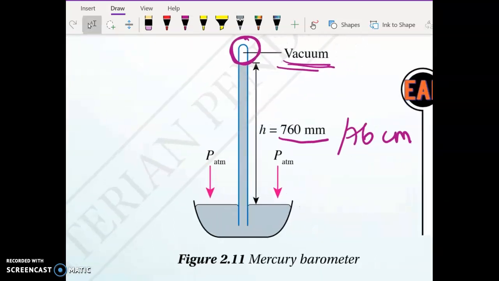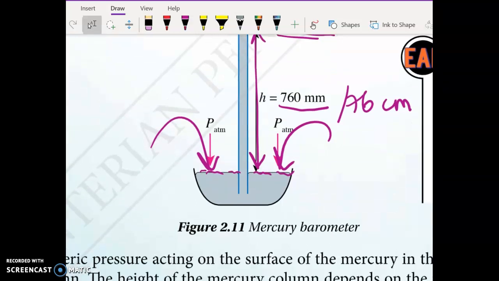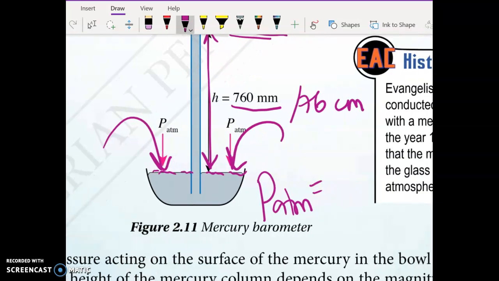Here, atmospheric pressure is acting on the mercury, and when we measure the level of mercury, it turns out to be 76 centimeter. So we can say that atmospheric pressure is equal to